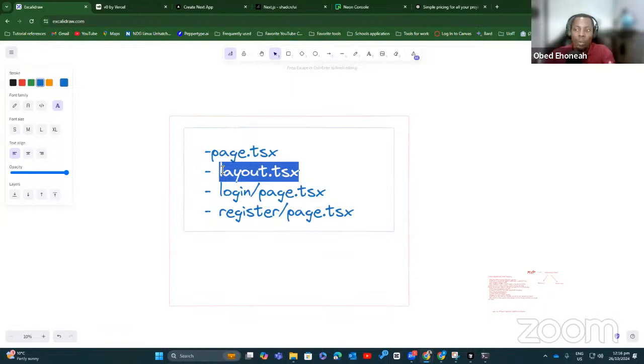I don't want those ones. So in that case, we'd have to group some of these routes such that they do not become part of the URL.